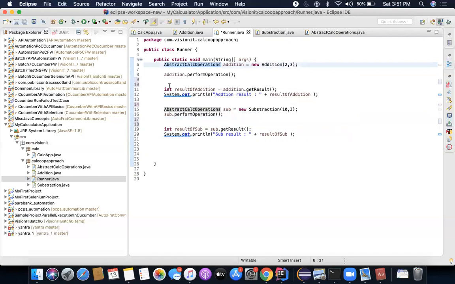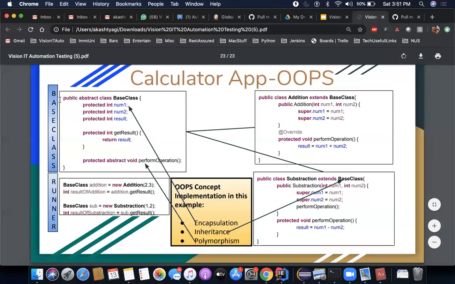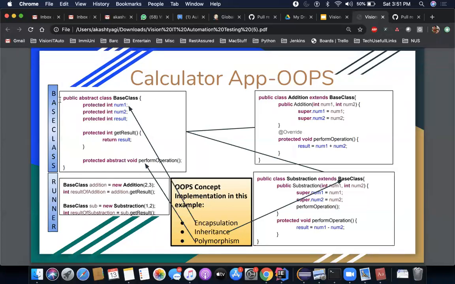All right, guys. So this is how I have tried to implement these three principles. You guys will have to practice it. What you see right now is the actual thing which I want to talk about. I wanted to create this base class. I was supposed to create it as an abstract class, but as I said, I don't want to confuse you. For now, just keep it simple. I have skipped this part, but if you understood this example, try to make it an abstract class. It's no big deal. You just have to mark it abstract. If you're not sure about the abstract concept, we are going to talk about it in tomorrow's class.